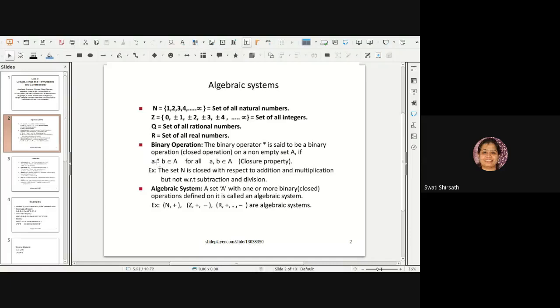And one operator. So firstly, in case of groups, we would be working on a pair, and after that, it is not restricted to one operation. There can be multiple operations, more than one. That is nothing but rings, integral domain and field. We will be discussing that after the group part. So this is algebraic system.